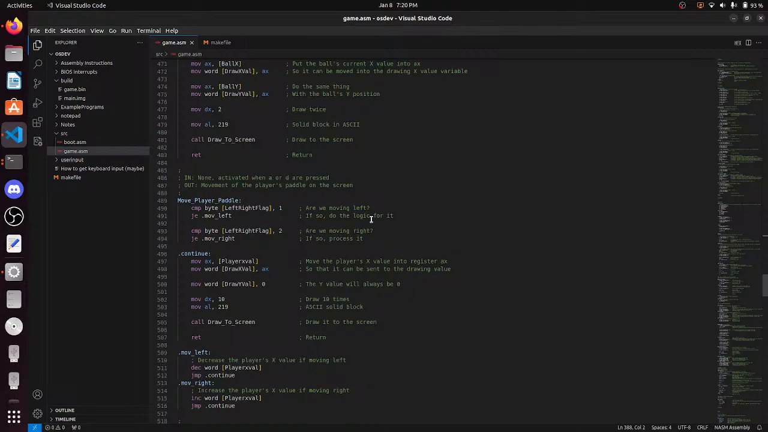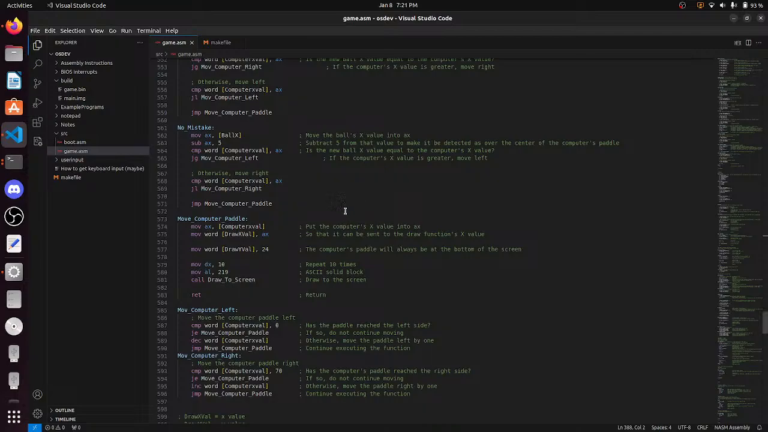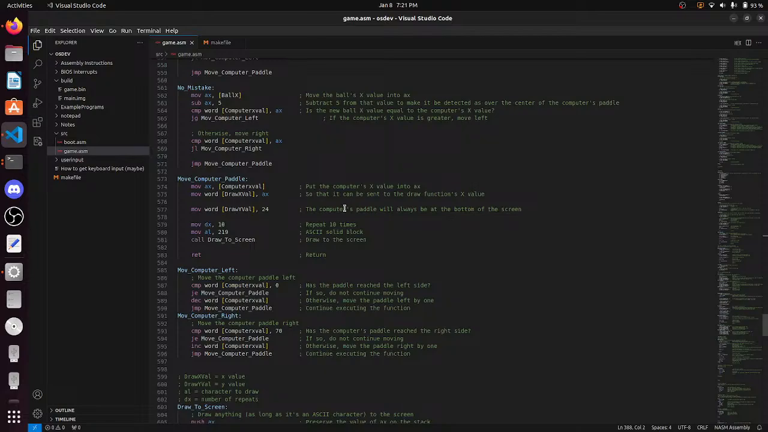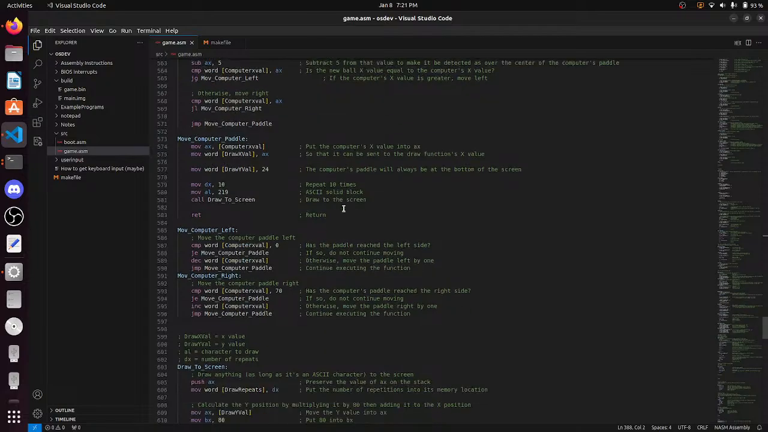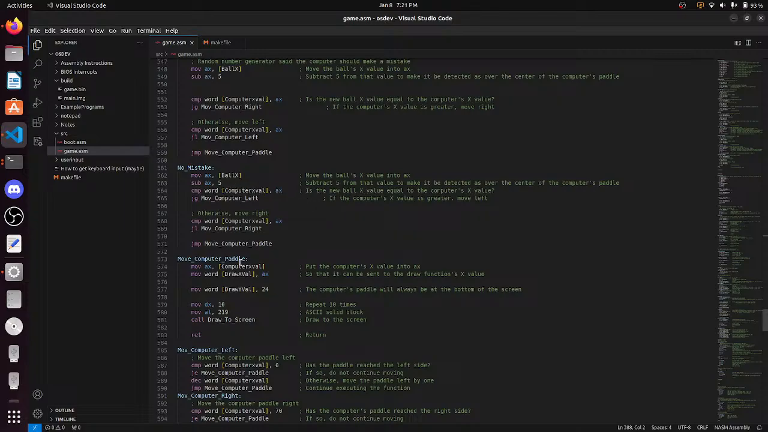Okay, move AX, computer X file, draw X file. Okay, yeah, that's right. Okay. Well, I don't know. I guess I'll just look it up off camera and